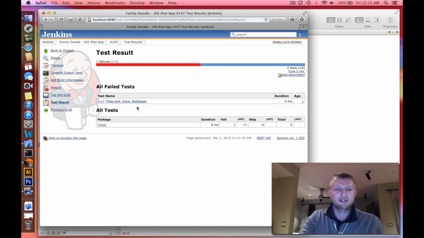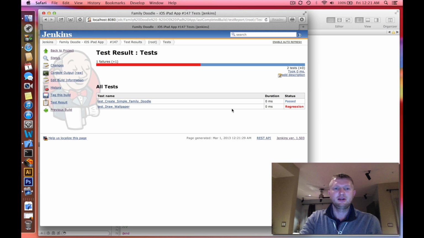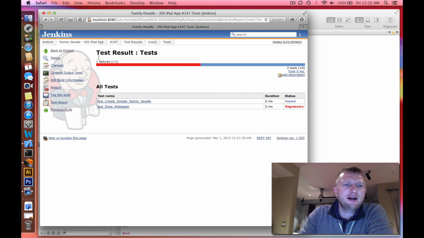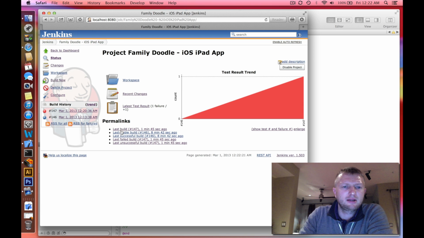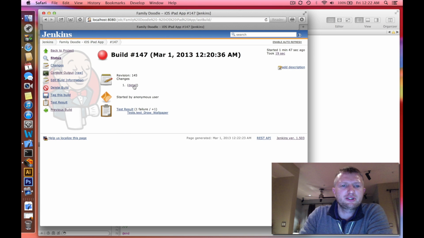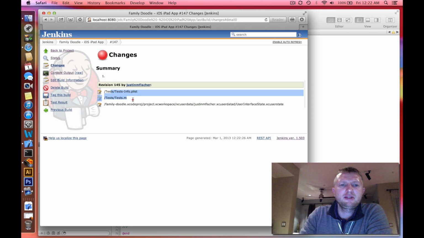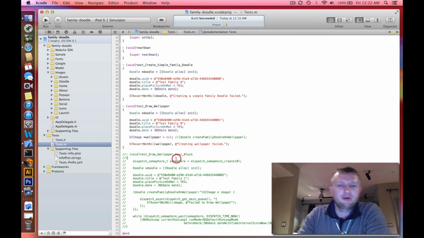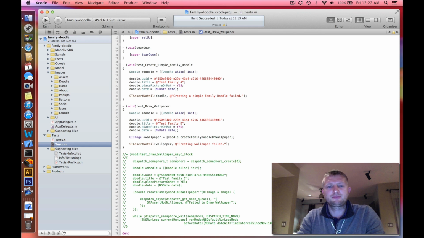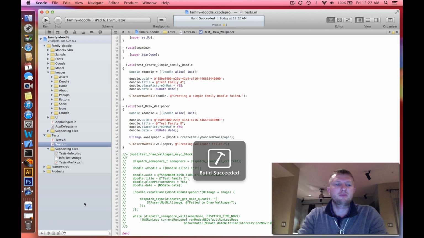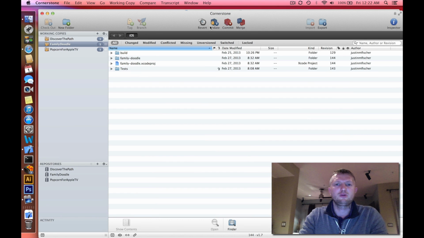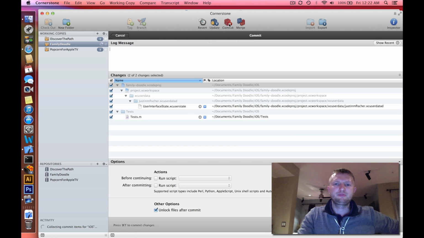We can see the resulting test is a failure. And let's click more. Let's click more, and as you can see, this test did fail. Alright, now as you can imagine, if I go back to the build, the latest build here, look at the revision of the details, you'll see the details of what I changed, which is important. If I come back into Xcode and I undo that logic, rebuild it, and then I come back into SVN and commit,